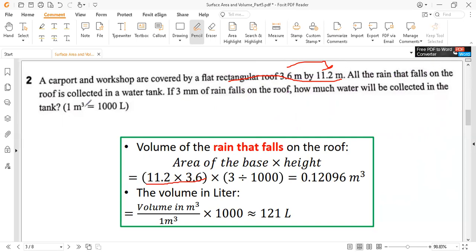All the rain that falls on the roof is collected in a water tank. If 3 millimeter of rain falls on the roof, what we mean by 3 millimeter of rain falling on the roof is the thickness of the rain. So normally it is the height, but we should